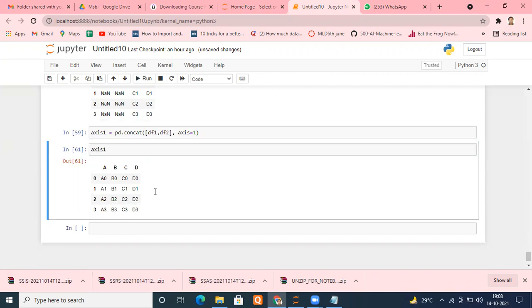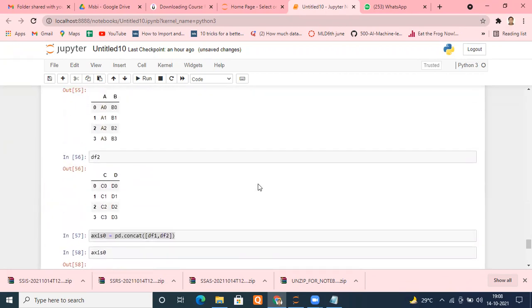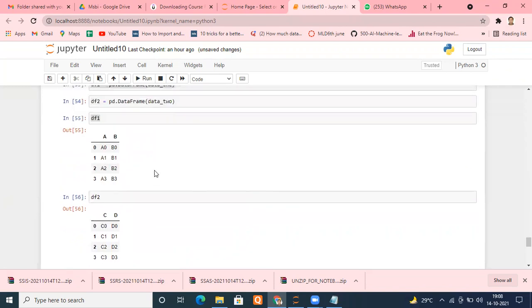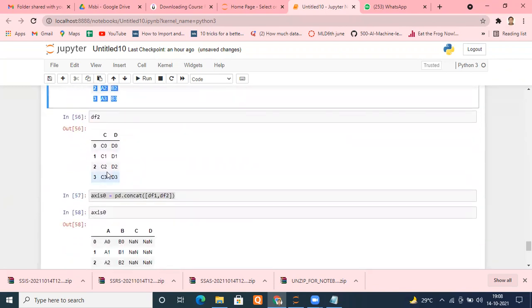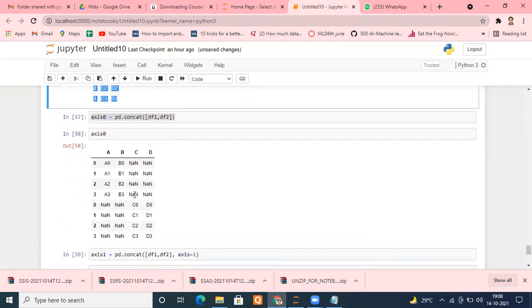See properly. I told you this is one of the complex things, not easy to grasp, but I am trying to explain in layman language. They just stick the things together. This is one data frame. This is the second data frame. If I do concatenation along axis equal to 0, it is just going to come below your first one. So the number of rows will increase, but as these have different columns, we cannot put them there. Or if you want to do that, you can do one thing.